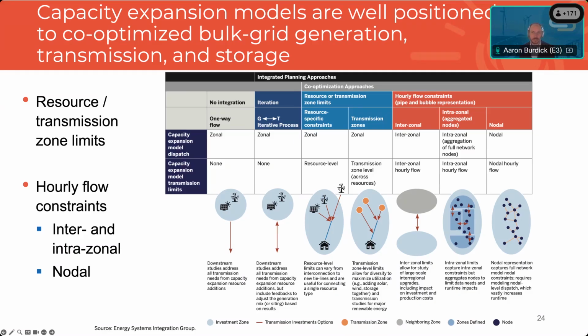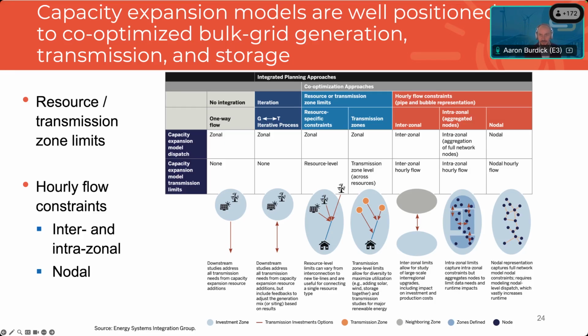So we have the first type that maintains a coarser dispatch granularity, so you may still have a zonal dispatch, but it includes detailed transmission limits. And this can be particularly useful for remote renewable resources, and they can be defined either at the resource level or they can be defined in a transmission zone. Defining them in a transmission zone allows for consideration of diversity. So you can add solar and storage together to maximize transmission utilization, for instance,